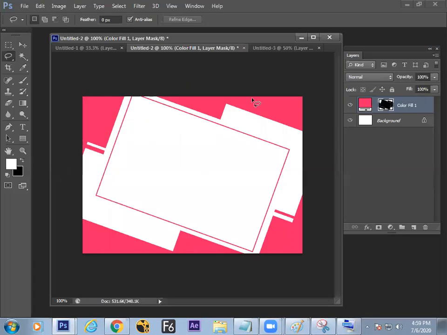Fine then, let's move to the third method to make the layer mask. Three methods of layer masking are done. Now we are switching to the fourth method of doing layer mask.